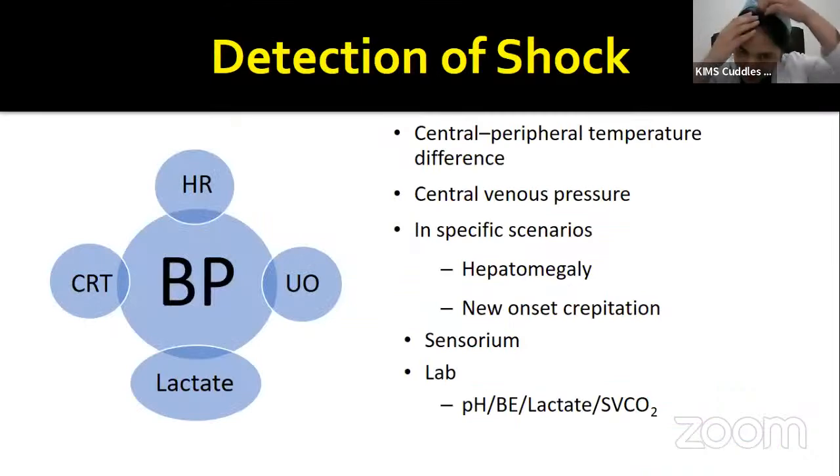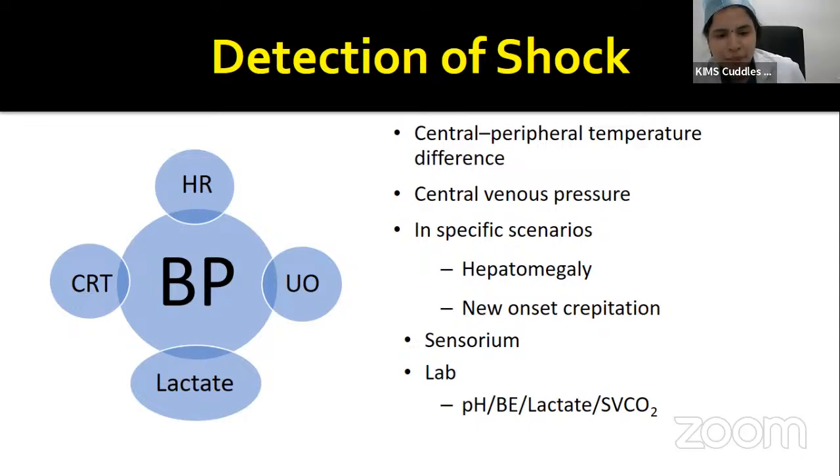So now, how do we detect shock? Detection of shock comes from the combination of clinical and echocardiographic parameters. Now, we must remember that the identification of shock requires the sum total of various clinical factors. One isolated clinical parameter is seldom useful for the identification of shock totally, because each of them can be confounded by variable factors. So these clinical parameters include heart rate,